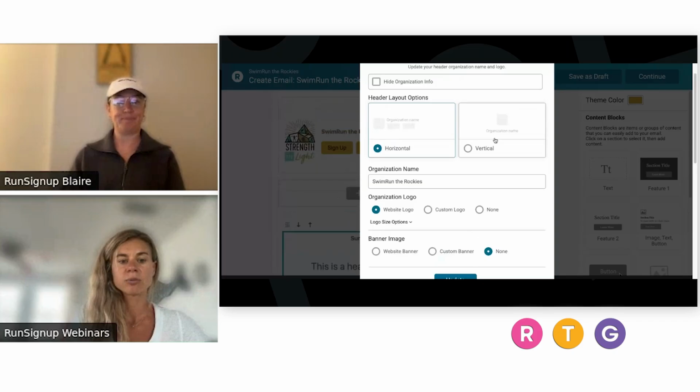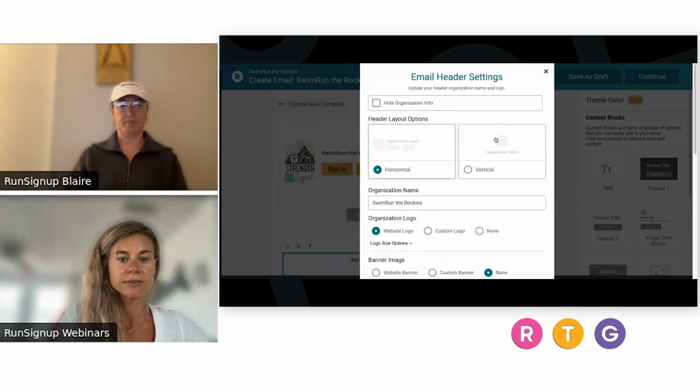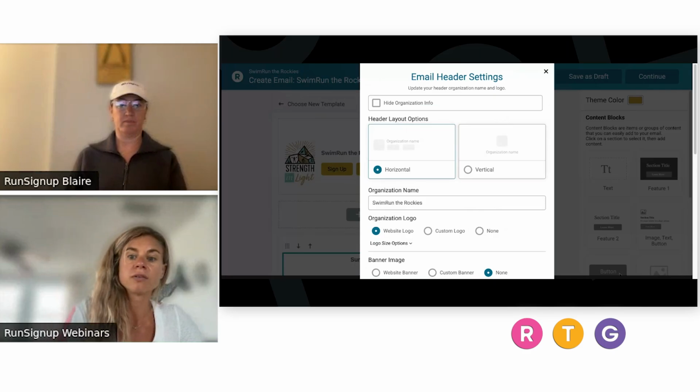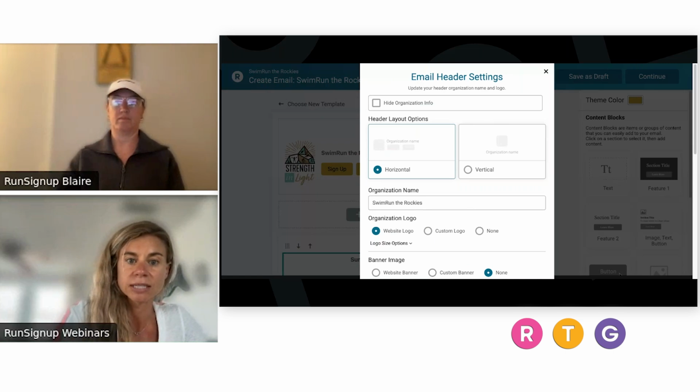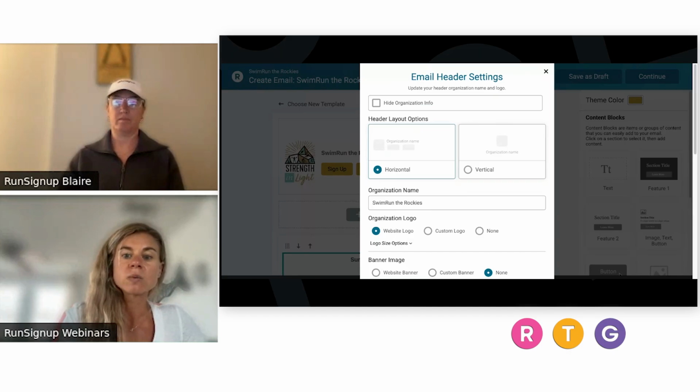I want to say before we dive into the templates even more, my number one piece of advice here: go into the system and mess around. Click buttons, type things in, play around with the templates. You can't break anything, and you're not going to send anything out to your participants by just messing around in the templates. Because the best way to learn the templates is to understand how they work, click around in them, and to really get